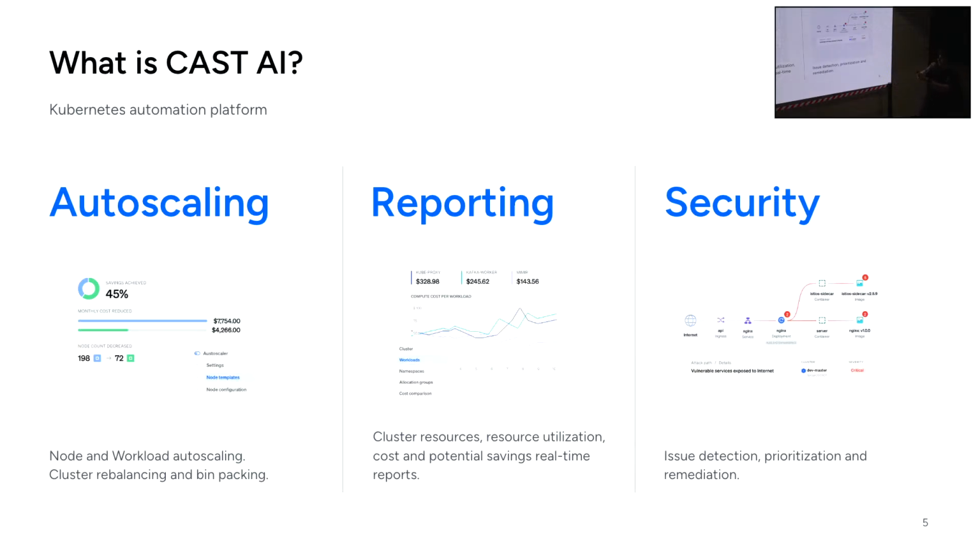And everything is real time. We also have a security module, which analyzes your cluster, what's running in it, how you set it up, etc. And issue detection, prioritization, and remediation, everything is real time. And all of these need data from your cluster. And we have one single SaaS platform. So how do we